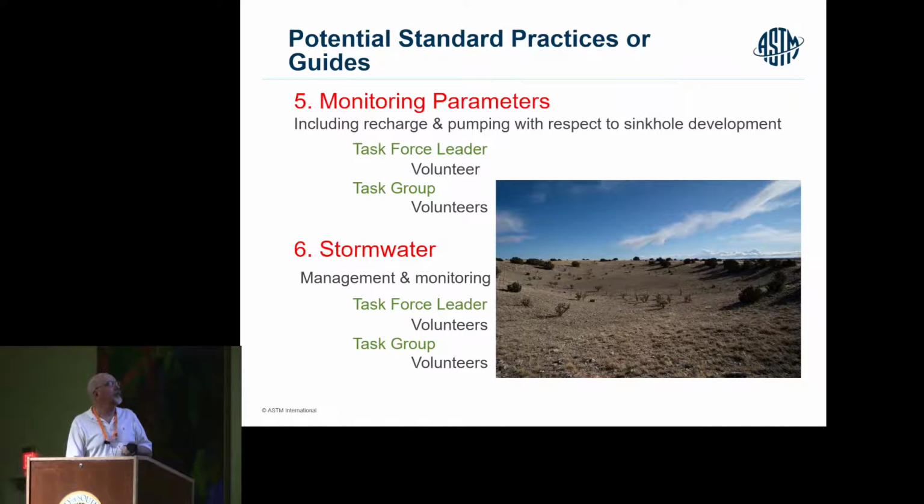Same thing with the stormwater monitoring and management. I've done a ton of work in State College, where they happen to have this small university called Penn State. And I actually submitted a paper to this August body a couple of years ago. They take 50 square miles of Penn State and drain it into a sinkhole under a stadium, not the big stadium, the old